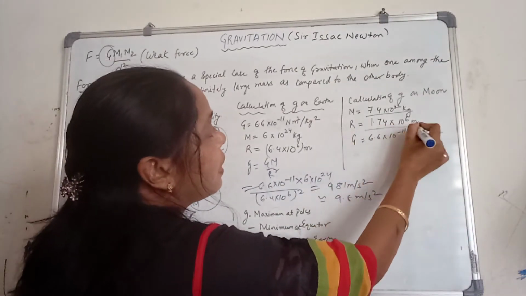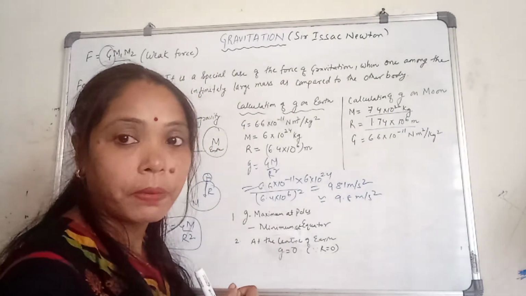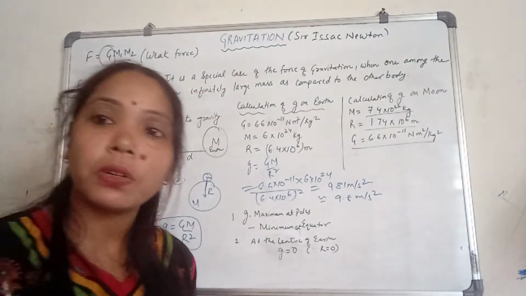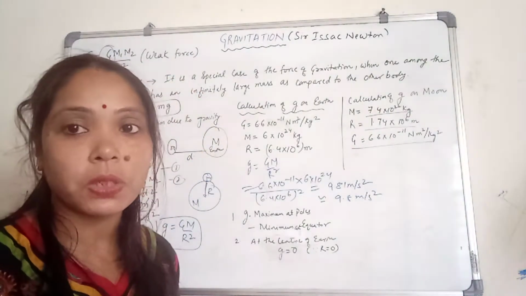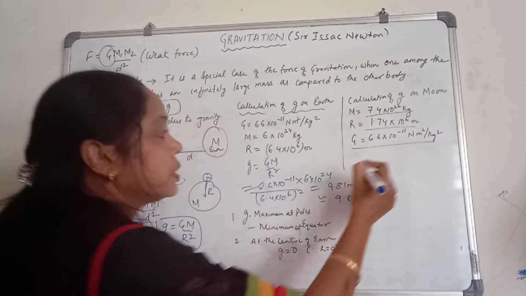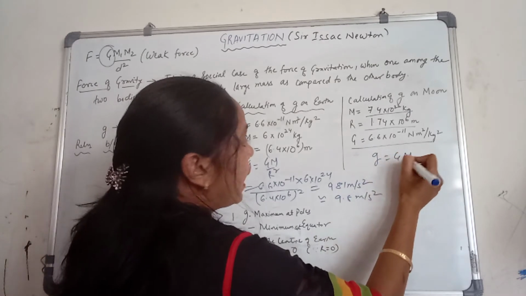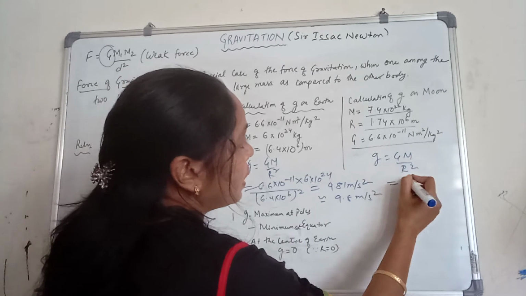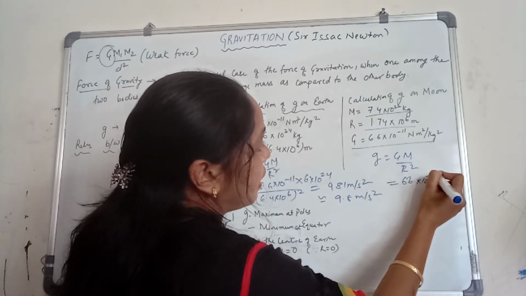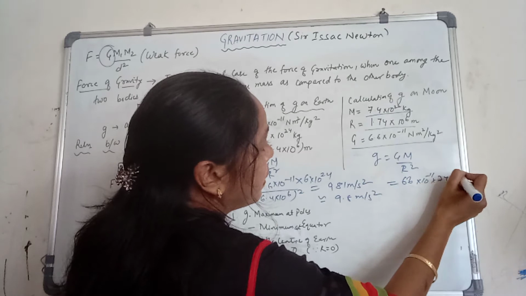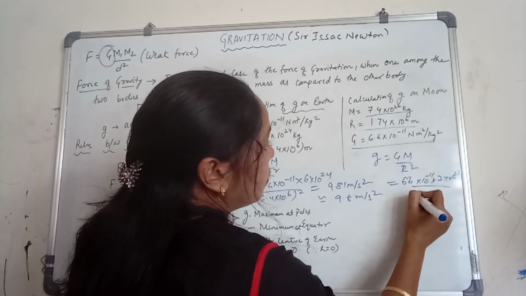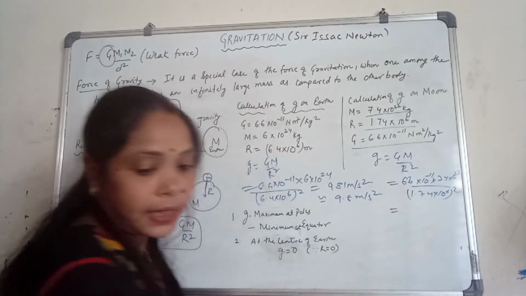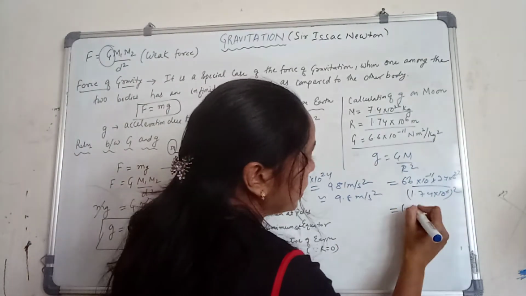Then the radius will be 1.74 × 10^6 meter, and the gravitational constant will be 6.6 × 10^-11 Newton meter square per kg square. So substitute in this formula, G M m by r square. After putting all the values, 6.6 × 10^-11 × 7.4 × 10^22 by (1.74 × 10^6) whole square, we get the value as 1.64